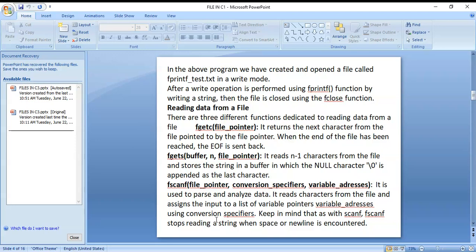And the fgetc function takes only the file pointer, the file you want to read character by character.